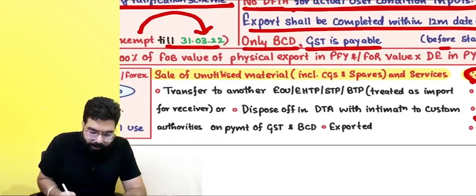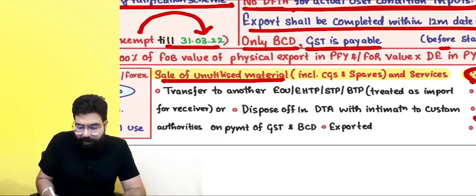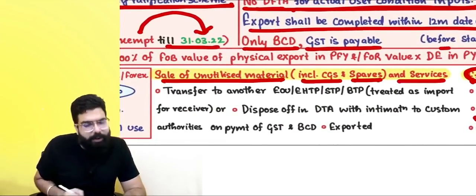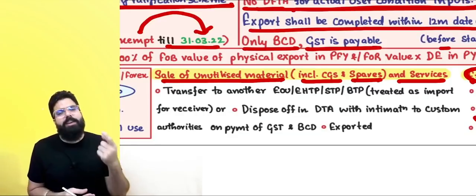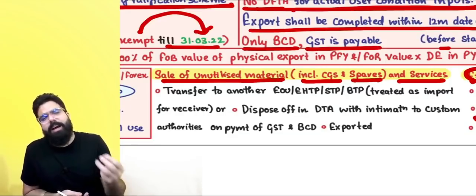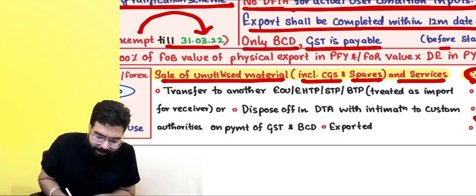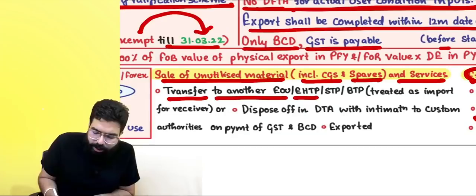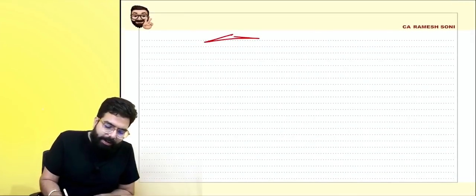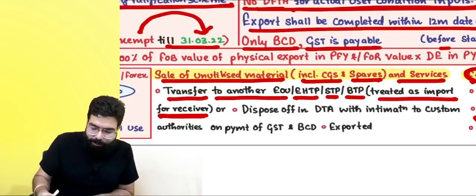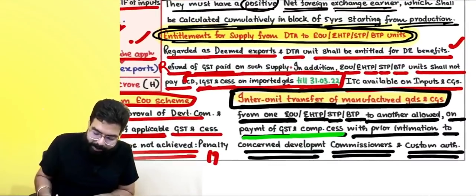Next, sir, sale of unutilized material, including capital goods, spares, and services. Sir, what if we have something which is unutilized in a EOU, ESTP, etc.? If we have something, then they are telling transfer to another EOU, ESTP, STP, biotechnology park, treated as import for the receiver. So everyone, you can go ahead and transfer. Okay, 1 minute. I want to clarify one thing. This which was there was